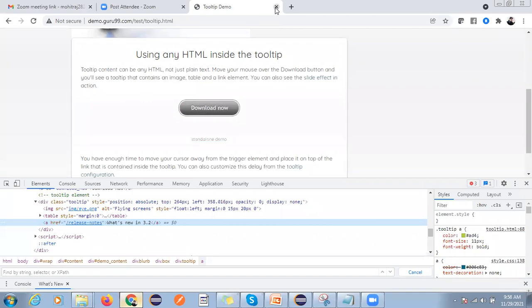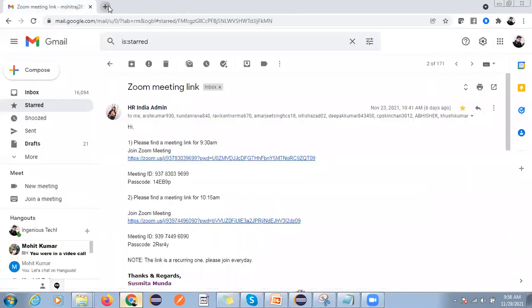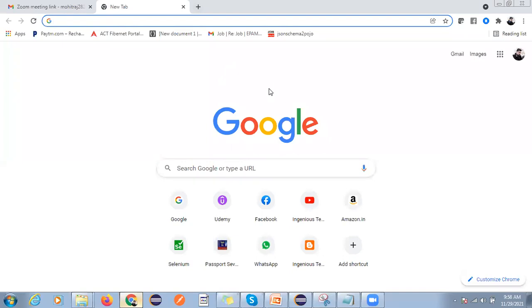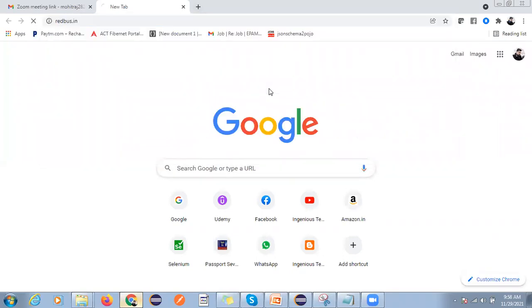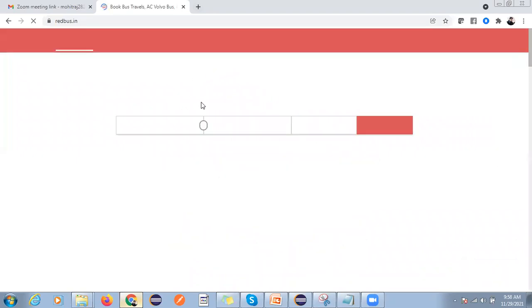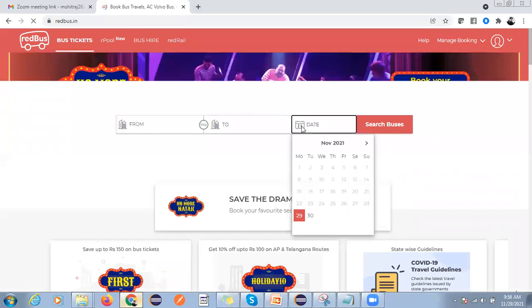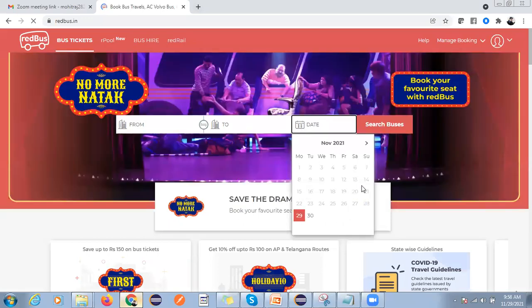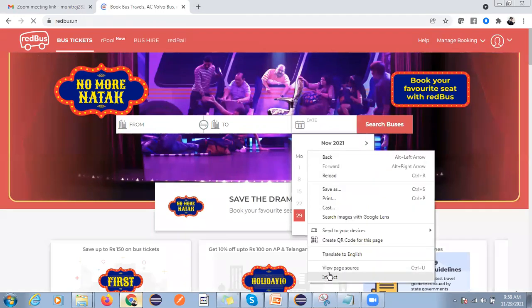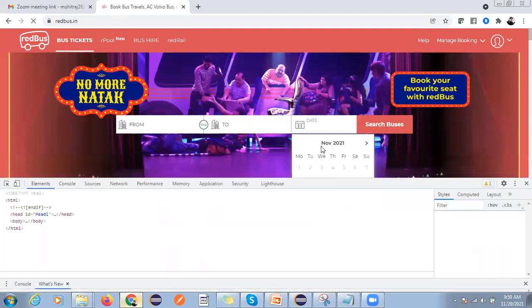Close this one, also not required, and this one also. And now you can go for redBus. Okay, you can see now, if you click here you will get this calendar, and if you inspect this you will get some value like this.